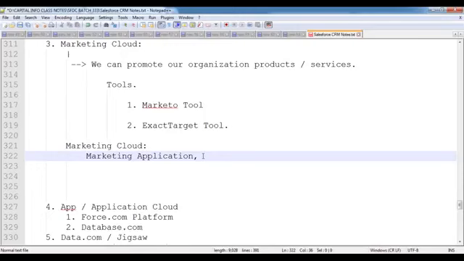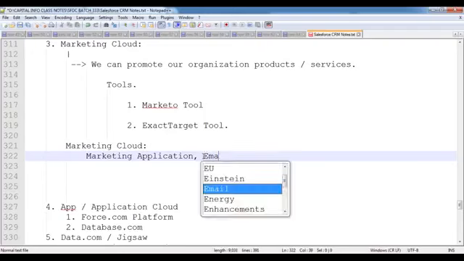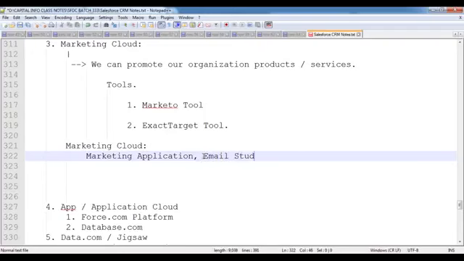Along with that, Salesforce has given various features as part of this Marketing Cloud. Like they have given Email Studio. So what exactly is the Email Studio feature? Email Studio is used to send email notifications to millions of people in one shot. For example, assume that we are a banking organization. Today, we are introducing a new loan feature. So in this case, how can we provide